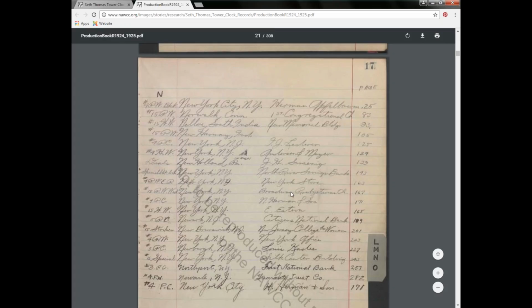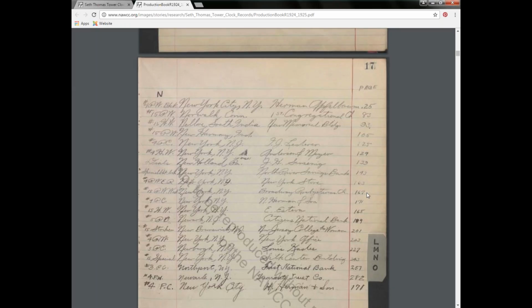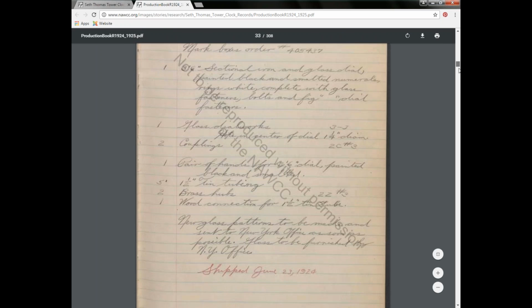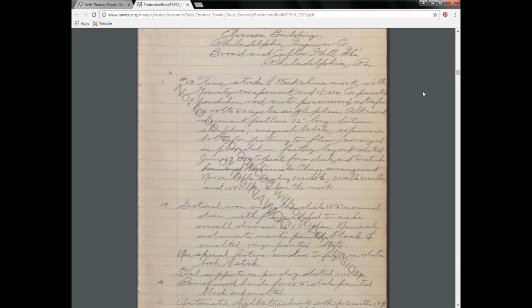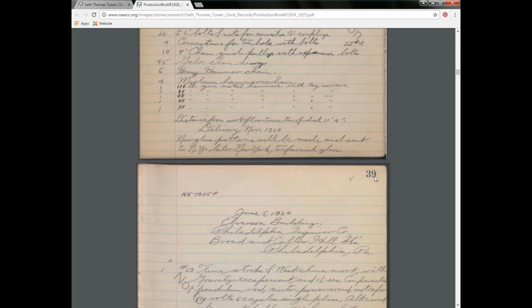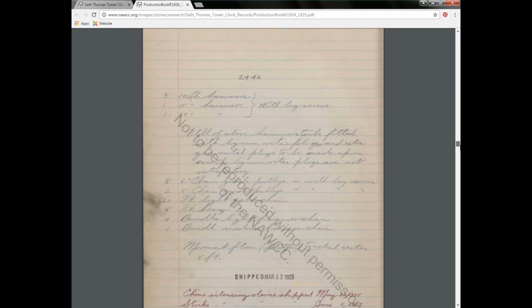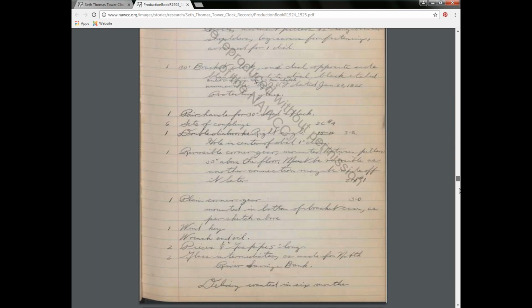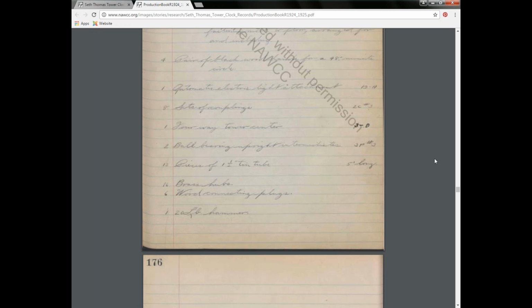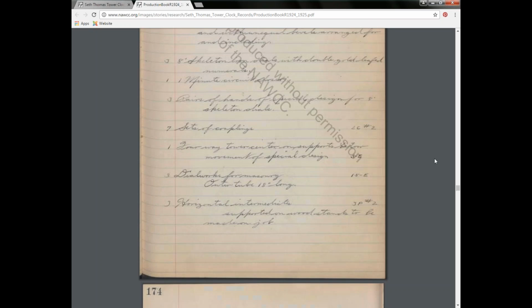We're looking for Broadway Presbyterian Church. Here it is right here. It's on page 167. Okay, so again, right here at the top of the screen, you got your page numbers. You just skip straight down here until we find page 16